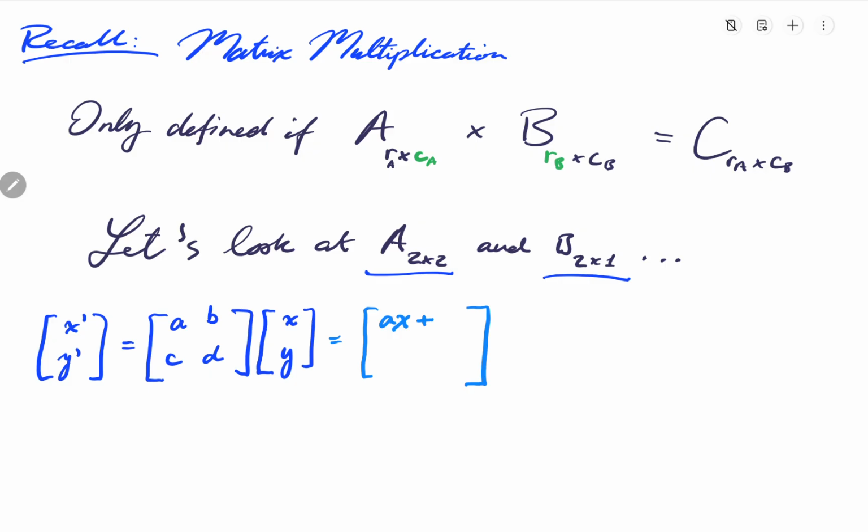So obviously this is more mechanical than a formula, so don't just write this down as a formula unless you're really screwed and really need to do it like that at this point. So then you add the second number in our first row times the second number in our first column. So that would give us by. So that finishes our first row because there is only one column in our